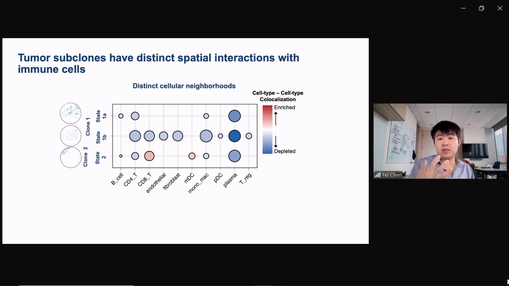So we showed how these tumor cell states are spatially segregated. Then we wanted to understand if they have different neighborhoods. Do they have different cellular environments? So we did a simple analysis of co-localization or enrichment of immune and stromal cell compartments. And you do indeed see that clone 2 and clone 1 have different states, actually even 1A and 1B. In particular, red shows the enrichment and blue shows the depletion. You see that clone 2 has a strong enrichment of CD8 T cells, and clone 1, at least 1B, seems to have a strong depletion.